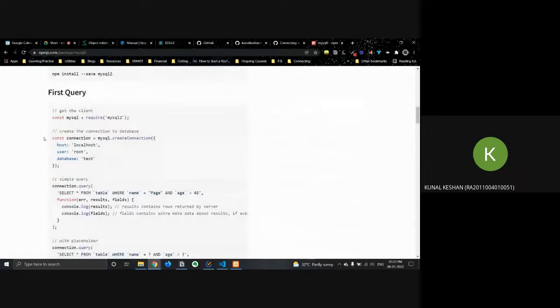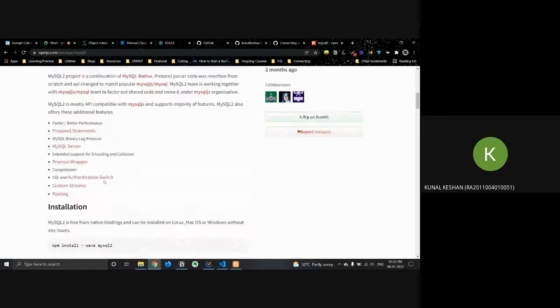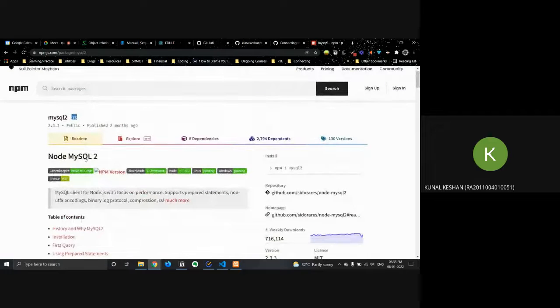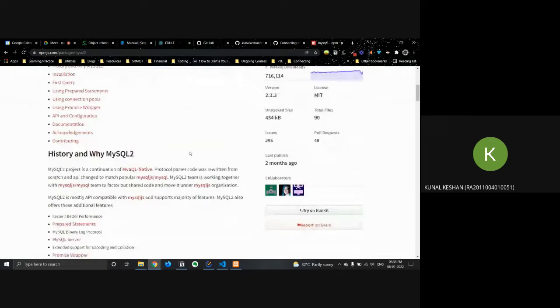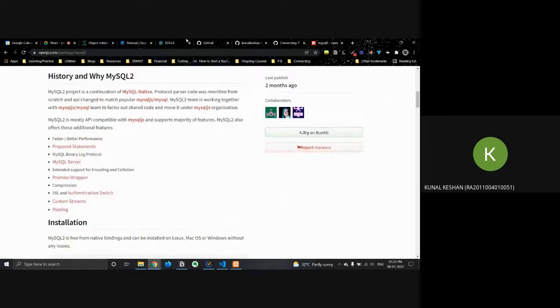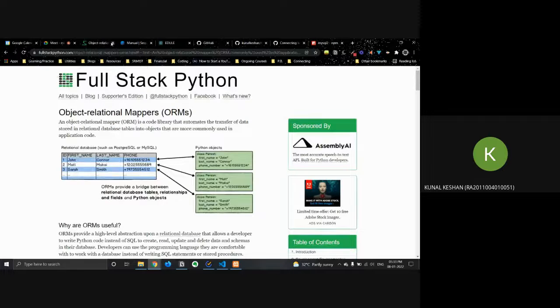Yeah, so it's pretty much the same. Create connection dot query. Probably this mysql2 is an updated one. It's probably better maintained as well. So that's why they would have preferred to use this instead. Okay.